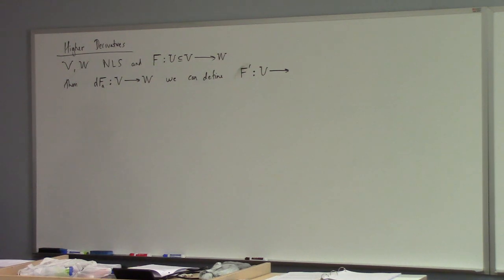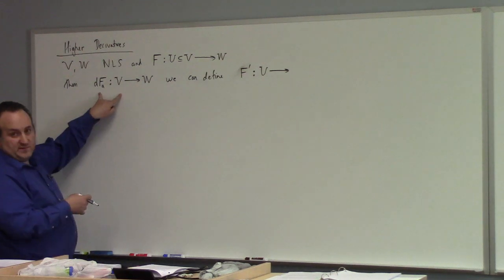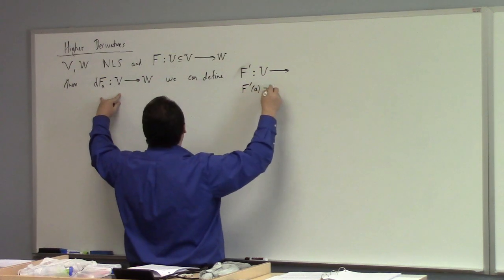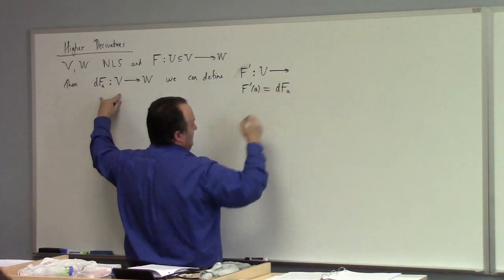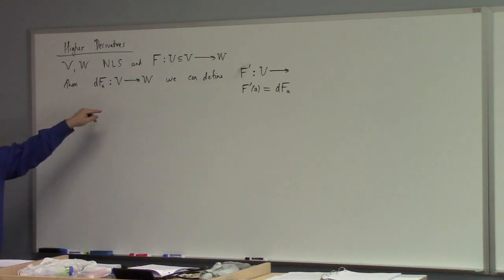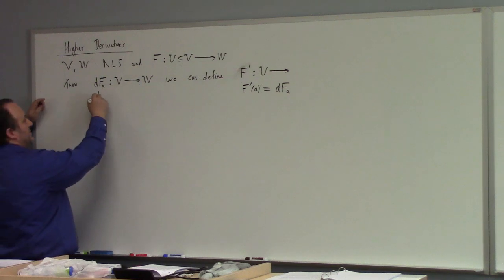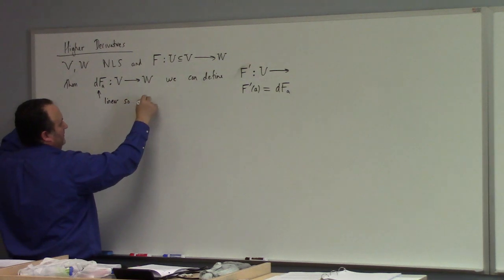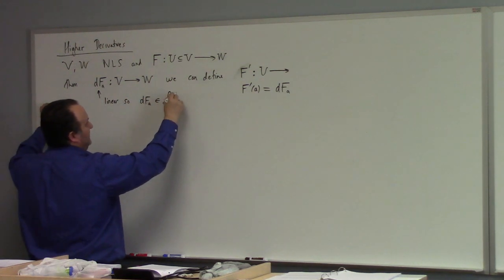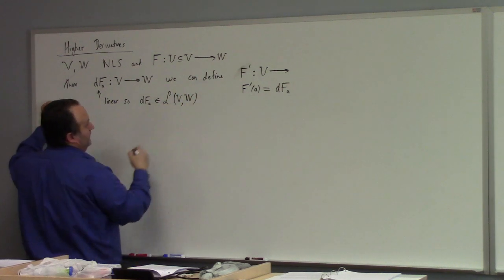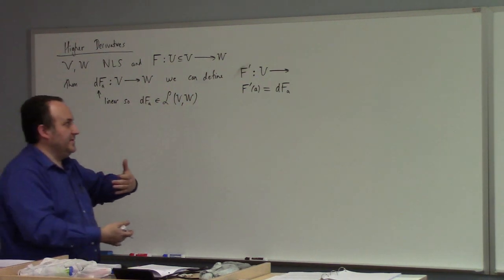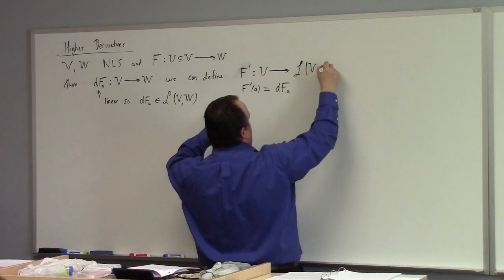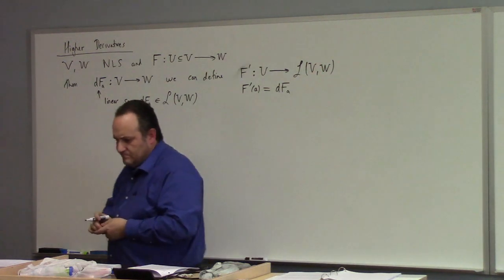So for each point, we're actually assigning one of these things, right? So like F prime of A would be DFA in this discussion. But that's a linear transformation, right? So our notation for that is, DFA, it's an element of the linear transformations from V to W. So the derivative map is actually a mapping from U to linear transformations from V to W,